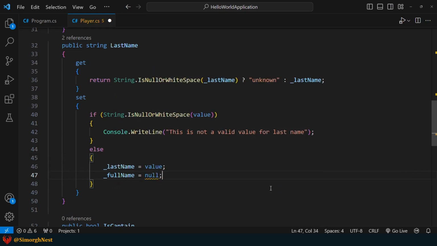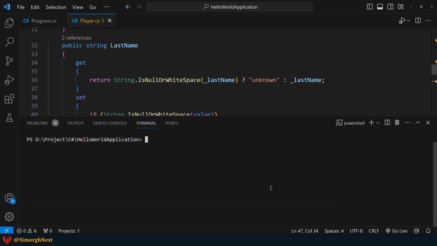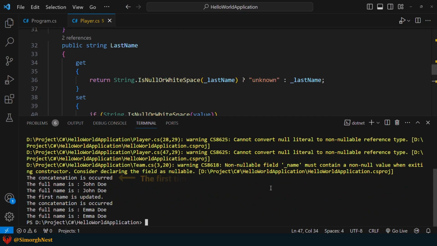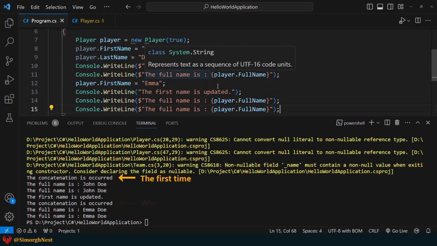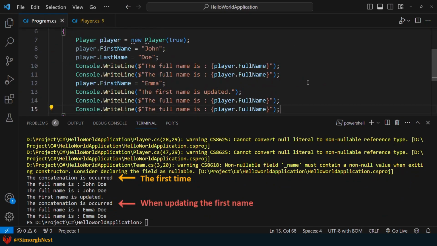This ensures that the full name property concatenates the first and last name when accessed again. Now let's run the application once more. As you can see, the concatenation only occurs the first time, and each time we update either the first or last name.